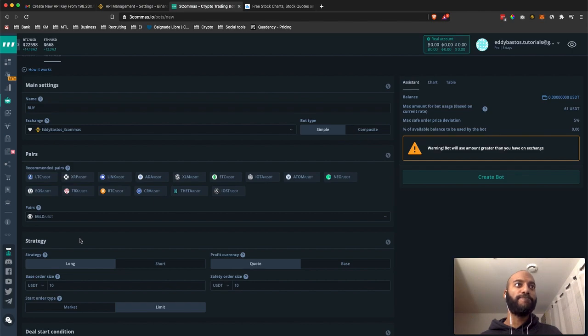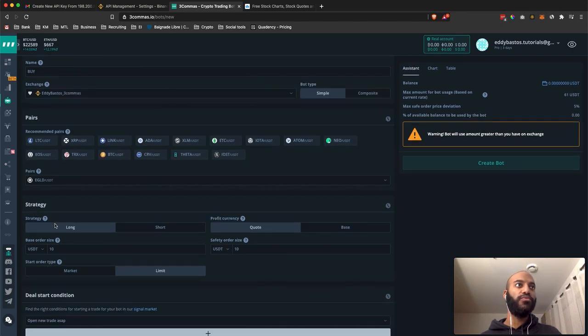And you want to start with entering information about the strategy. So we're going to go long. Long means I want to buy low and I want to sell high. Okay. This is the base order size. So how much money you want to put in one order, in your initial order. So I'm going to say, for example, 100